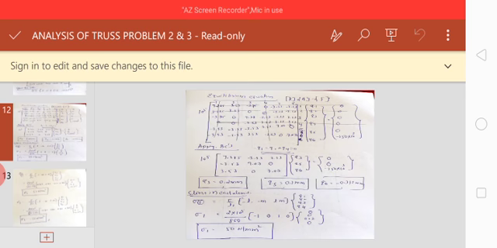In boundary conditions, you have to be careful whether they have a complete constraint or a roller. If the roller is in horizontal position, x will have some value and y will be 0. Suppose the roller is given in vertical position, y will have a movement and x will be 0.